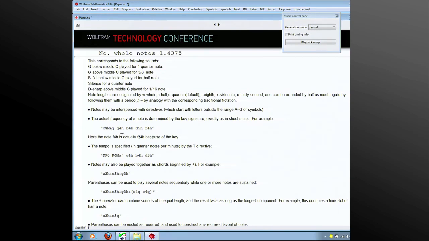So we've got the concept of a string with notes separated by spaces, and the syntax is hopefully extremely simple and rapid to type in. There are also directives, which start with a letter which isn't a note letter and isn't an R. And one of these is the K directive, which in this case is setting the key to be G